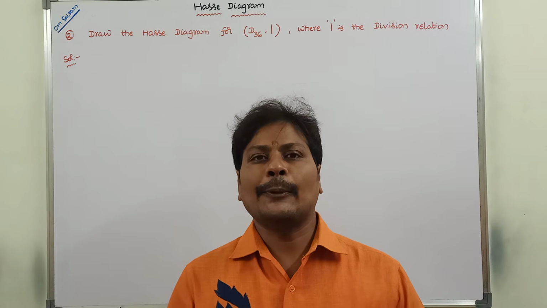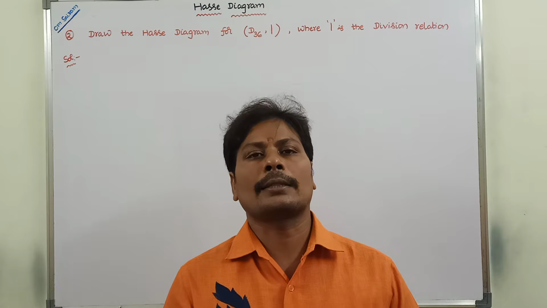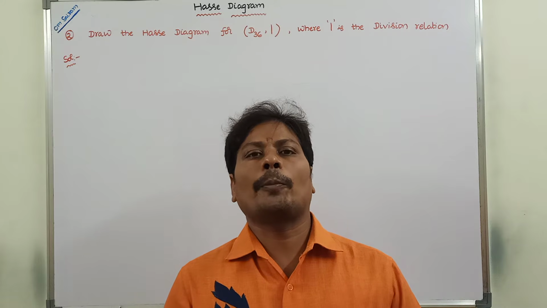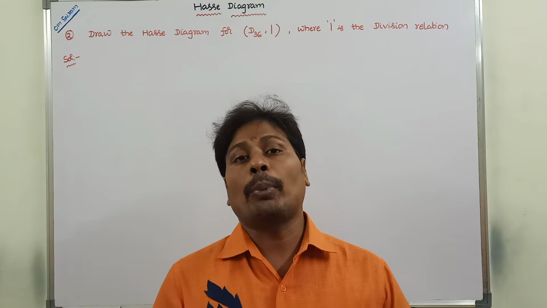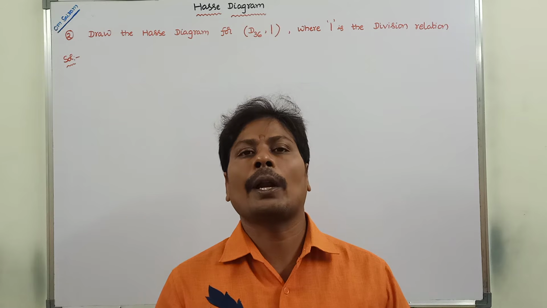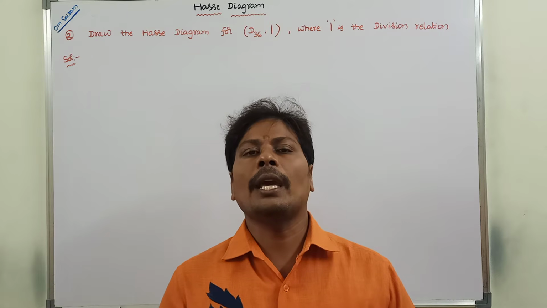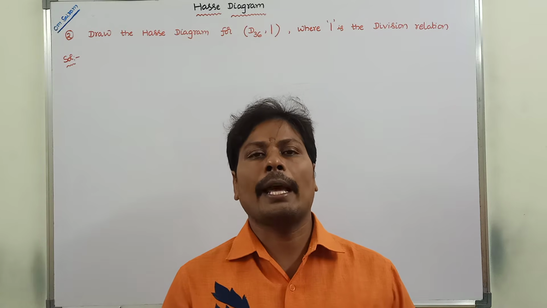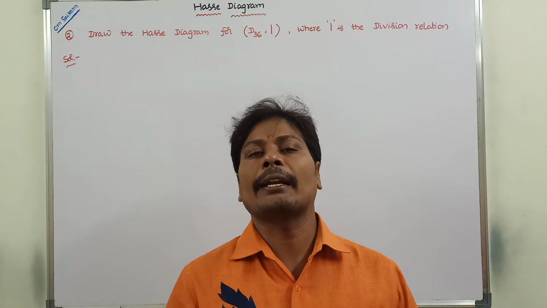Hi friends, today I am giving a lecture on an example problem on Hasse diagram. In the previous videos, we already solved approximately 10 example problems on Hasse diagram. Please refer to those problems for a better understanding of how to draw the Hasse diagram for a given relation. In this video, we have to solve one more important problem, that is, draw the Hasse diagram for 36 with the relation being the division relation.